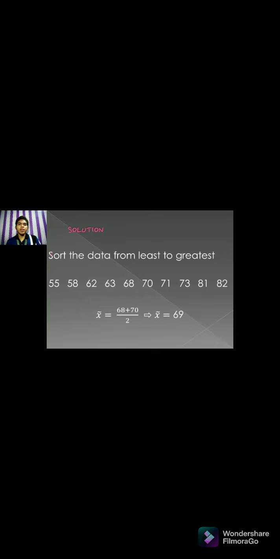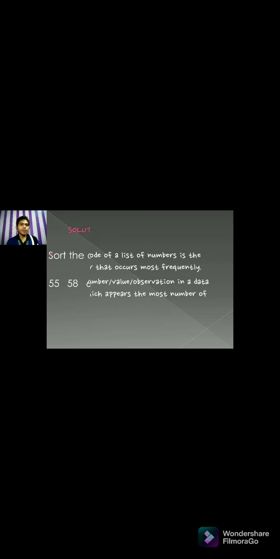Our next measure of central tendency that we're going to tackle is the mode. Mode. The mode of a list of numbers is the number that occurs most frequently. It is the number, value, or observation in a dataset which appears the most number of times. For example,